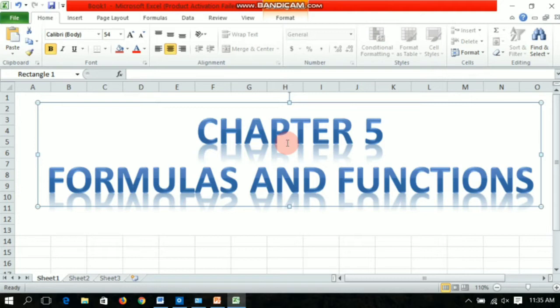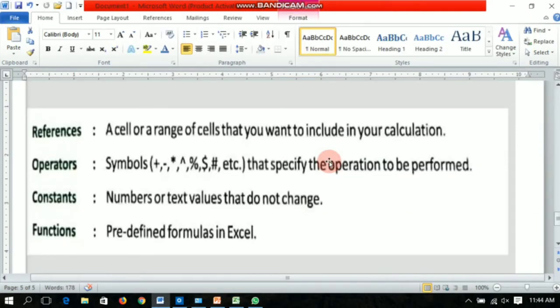The first thing you must know is a formula must begin with an equal to sign, and these are a few elements of formulas. First one is references. A cell or a range of cells that you want to include in your calculation is called a reference.